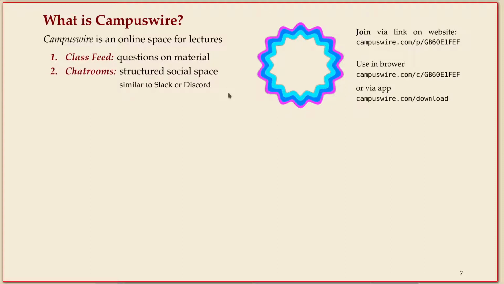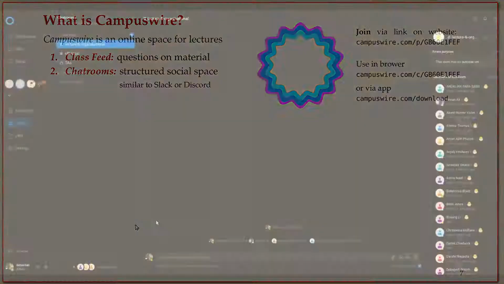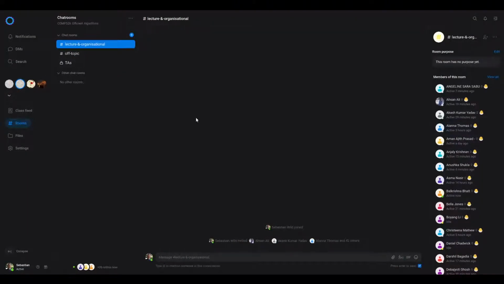The next thing to briefly discuss is Campuswire. There will be more about this on Campuswire itself. Ben will post some induction posts there to walk you through some of the features. I just want to mention the main things. So let me show you briefly what it looks like. That's what it looks like if I log in. It's fairly empty at the moment. There's two things. There's rooms.